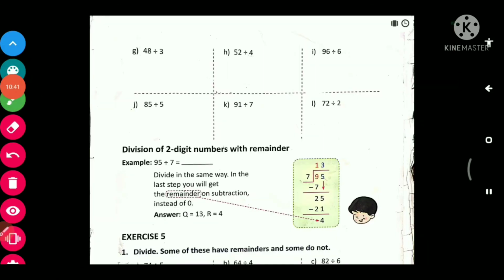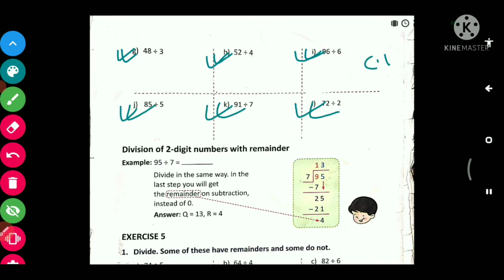Now my dear students, see page number 143. The rest of this question, that is G, H, I, J, K and L, you will do these 6 questions in your classwork copy. Okay,